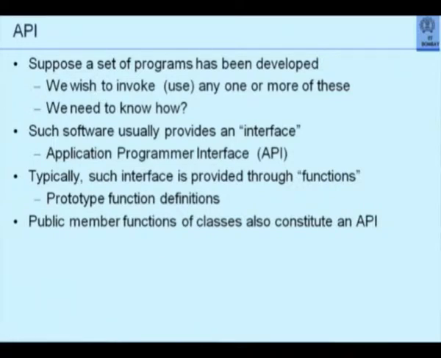That means when you write your main program, you are actually invoking only that function name with parameters, and you are only defining either objects or variables of the specific type that you have. So these function names and the parameters that you need to pass to functions and how the functions behave become an application programmer interface for you. In fact, I would say even if is an application programmer interface for you, because if you say if x greater than 0 something, then C++ defines how that particular segment will behave. So every statement in some sense is an application programmer interface, but most of the statements are direct instructions. An API is a higher level abstraction.